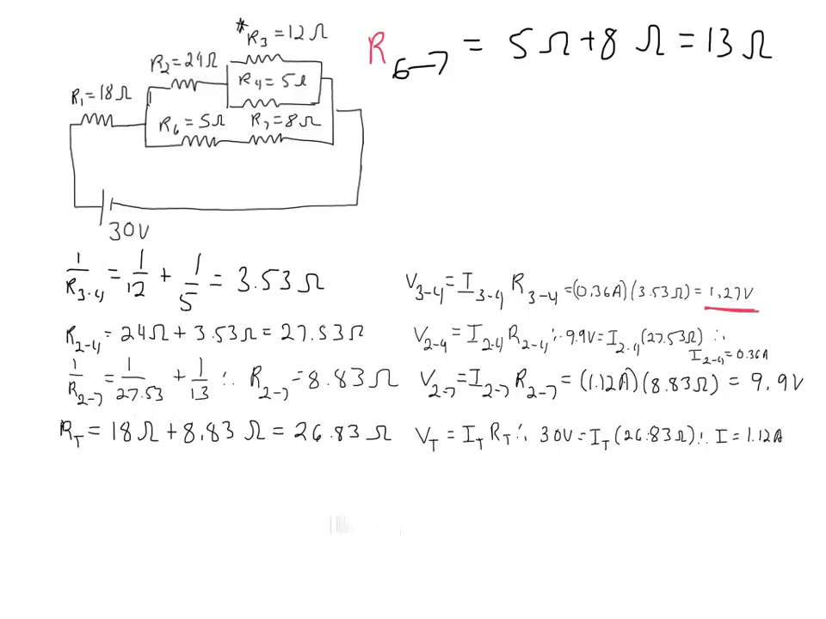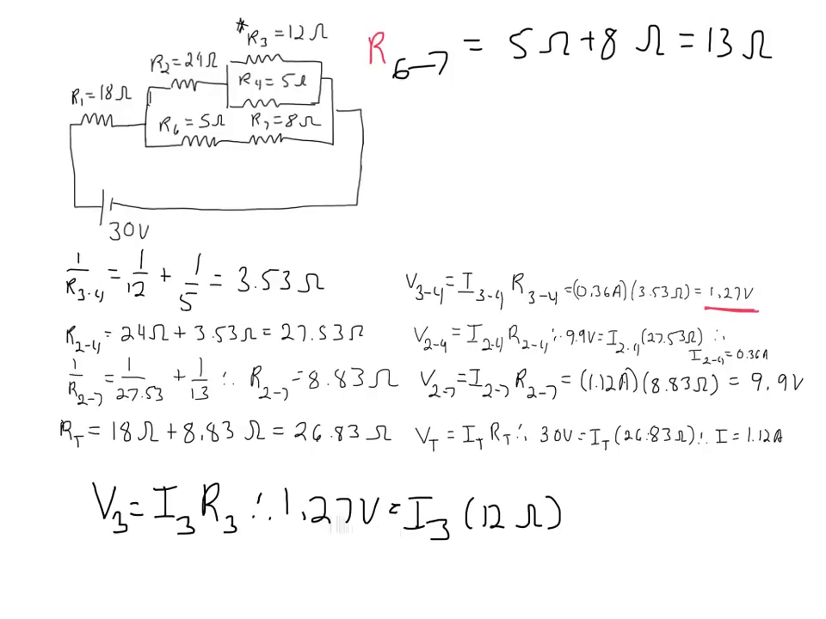So we're going to say V through 3 equals I through 3 times R through 3. So when we plug our numbers in, we get 1.27 volts equals I3 times R3, which is 12 ohms. And we do that math, we get the current through 3 equals 0.10 amps. And so that is our